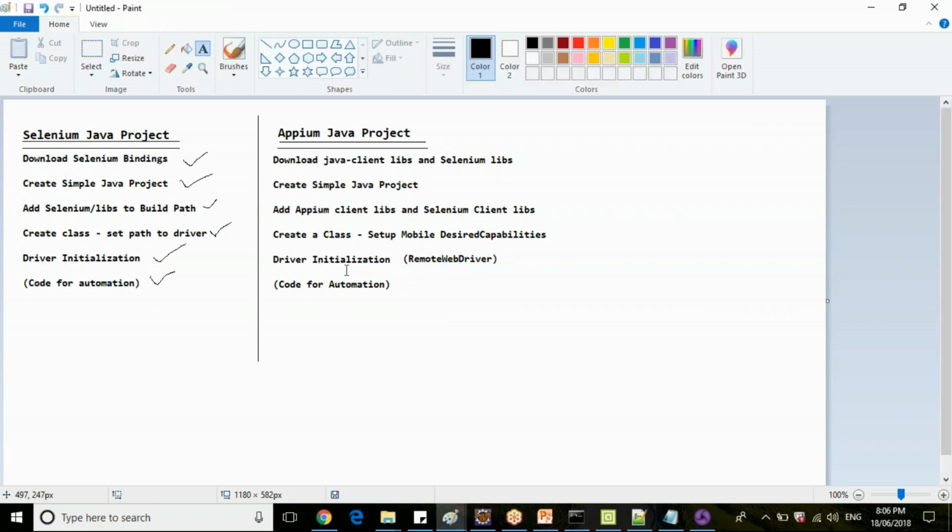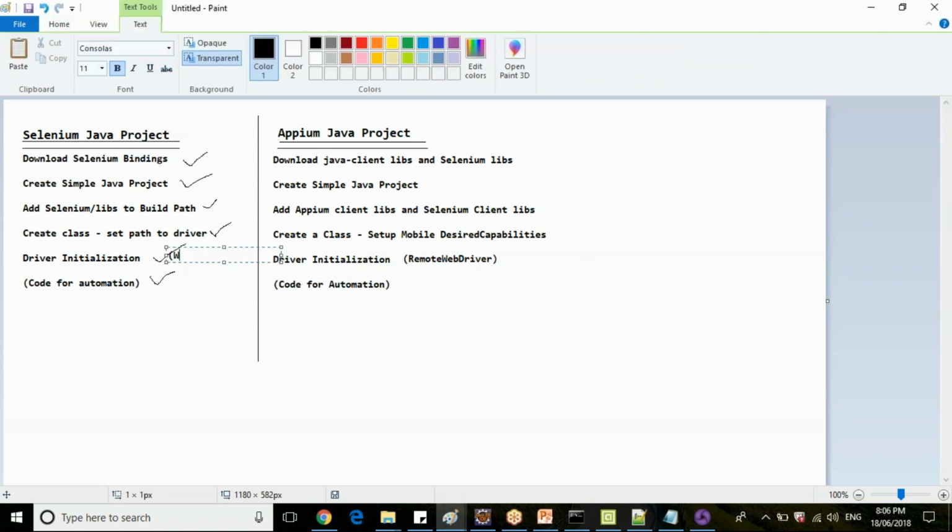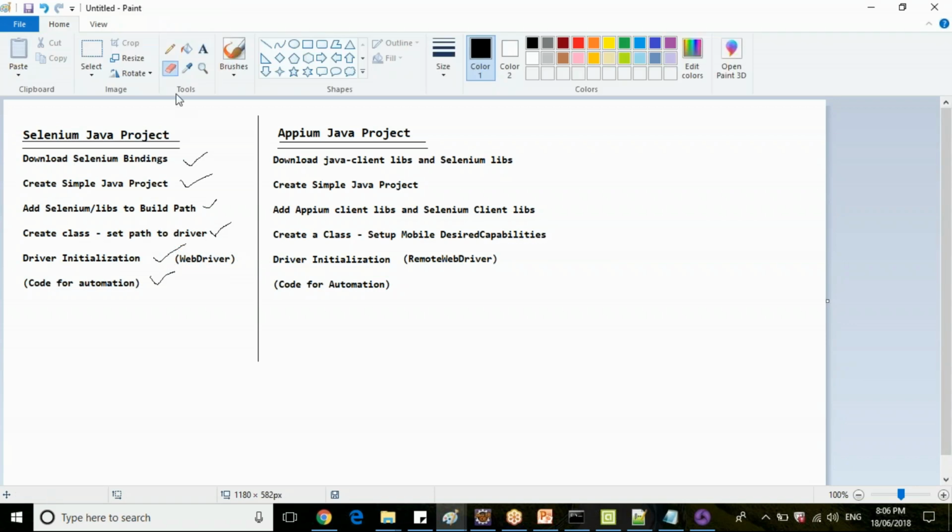It is there because we have typecasted WebDriver with remote WebDriver. In Selenium you use driver initialization with simple WebDriver here. Clear? Let's erase this one.